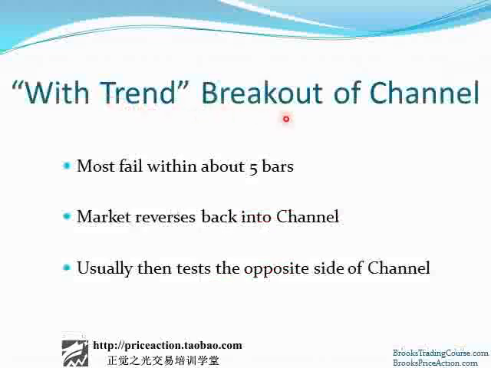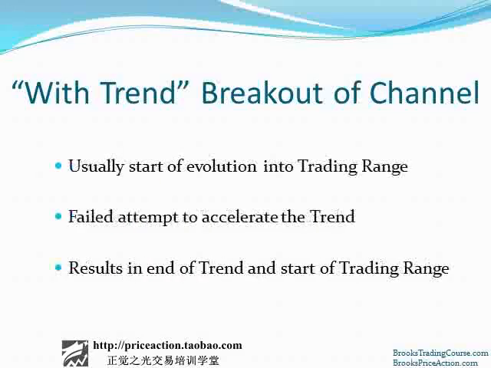What about a with trend breakout of a channel? All right, so if you have a bull channel, suppose it breaks to the upside instead of to the downside. A bull channel is a bull trend, suppose you get a bull breakout of the bull channel. Most of the time, the bull breakout fails within about 5 bars, and the market reverses back into the channel and then tests the opposite side of the channel. Sometimes it does not. Sometimes it begins a stronger trend. Most of the time, when you have a with trend breakout of a channel,